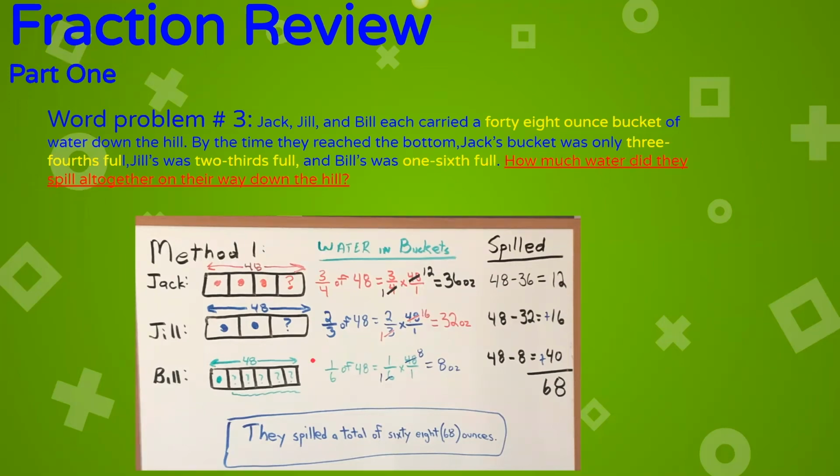And then finally, Bill, he only had 1/6 of the water in his bucket. So 1/6 multiplied by 48. 6 will still simplify with 48. 6 will go into 48 8 times. And so we wind up multiplying 8 by 1, which is 8 over 1. 8 ounces were left in Bill's bucket. But our question was, how much was spilled